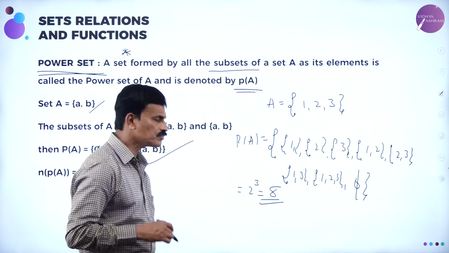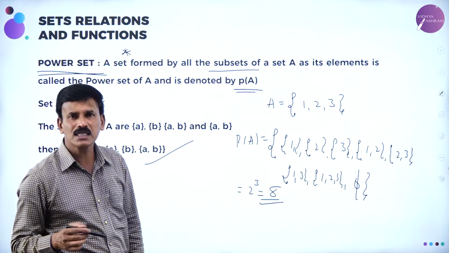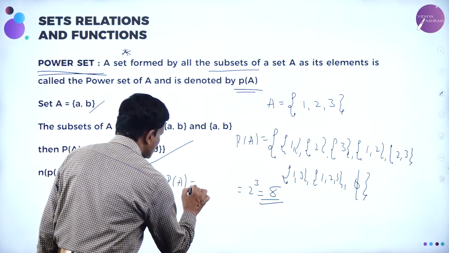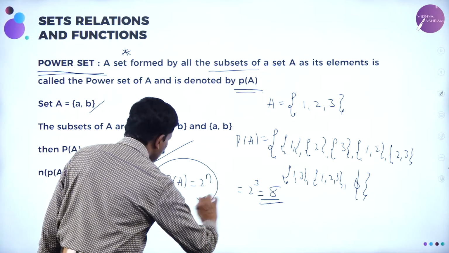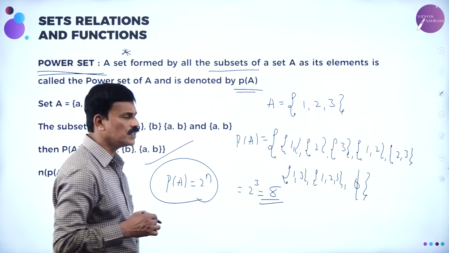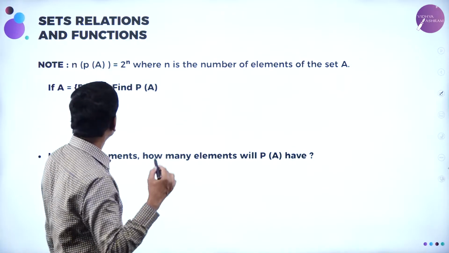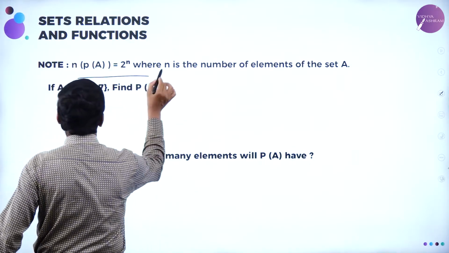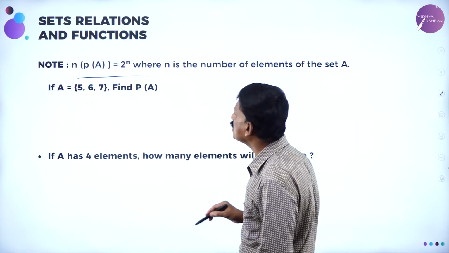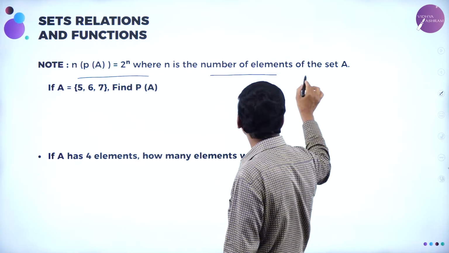That means, in general, if a set contains n elements, then the power set of that set is given by P of A is always equal to 2 to the power of n. The number of subsets of A is 2 to the power of n. So, here it is 2 square is 4, here it is 2 cube is 8. Now, the number of subsets of P of A, the power set, is always equal to 2 to the power of n,